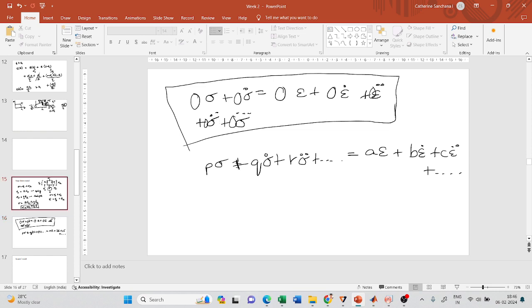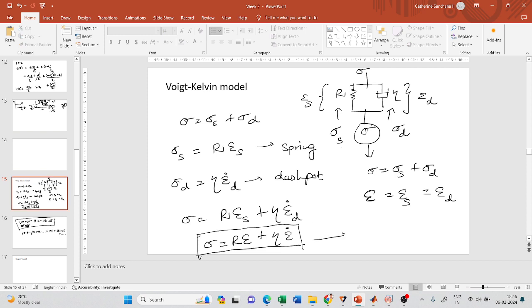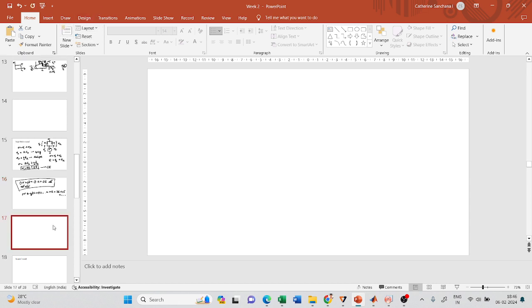So now going back, we saw that this is the constitutive equation for a Kelvin model. Now let us try to find out the response of the material when I am subjecting it to a constant stress and a constant strain. So when I subject the material to a constant strain,